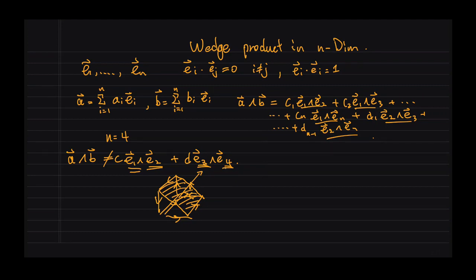You will not find any basis vector here pointing into the same direction, or opposite of that direction, because E1, E2, E3, E4 are pointing into different directions, and this should argue why you can never get this kind of expression